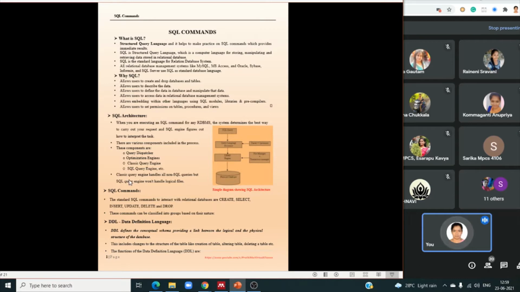The classic query engine handles all non-SQL queries, but the SQL query engine won't handle logical files. It handles the physical files. When we are creating, storing, and inserting our data, it is stored physically in the SQL engine. That is called the repository, the SQL data dictionary.